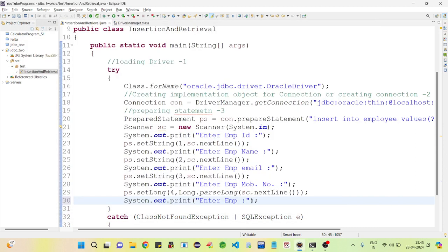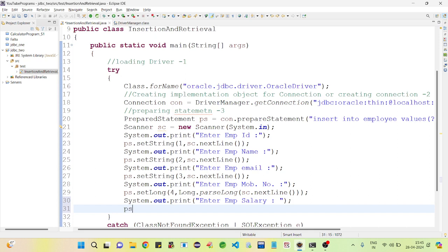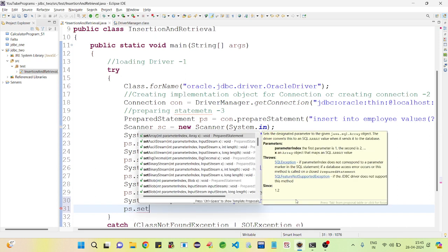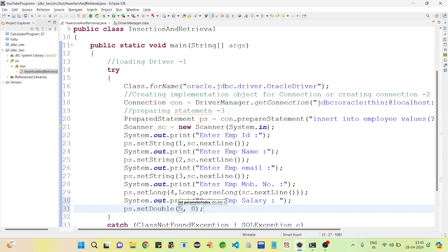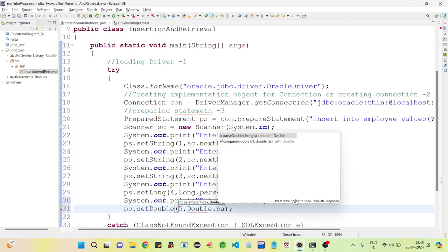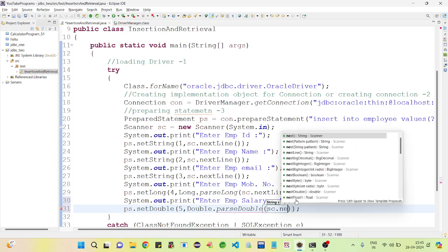Enter salary. Salary in the form of double. ps dot setDouble, index is 5. You have to pass Double dot parseDouble, sc dot nextLine.